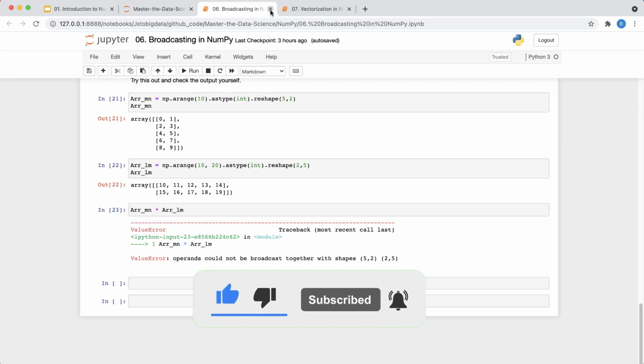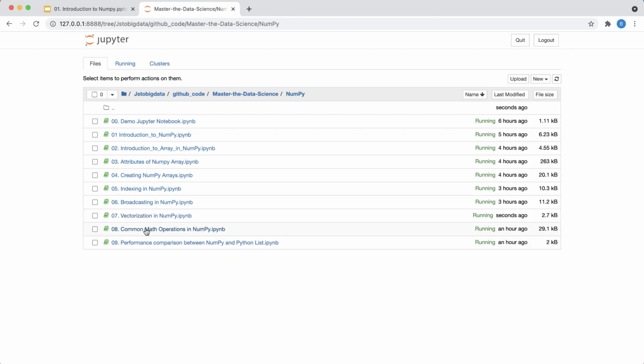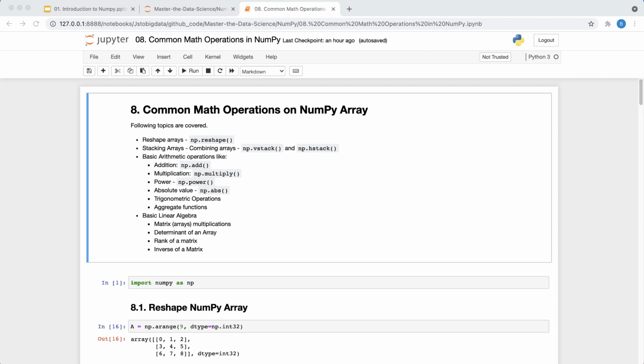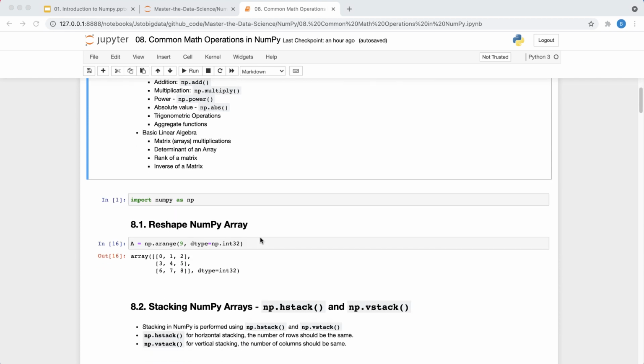So the next important concept that I will talk about is the different mathematical operations that you can perform on a NumPy array. Now I know we have covered several things, but we have not touched on this particular topic much. So in this part of the tutorial, I will take you through the different mathematical operations that are possible to do in NumPy. This is again a very high level discussion because it's not feasible to go much into detail on each of those functions.